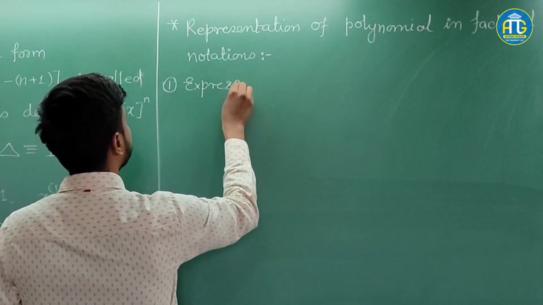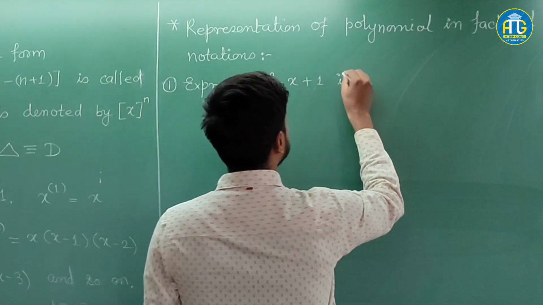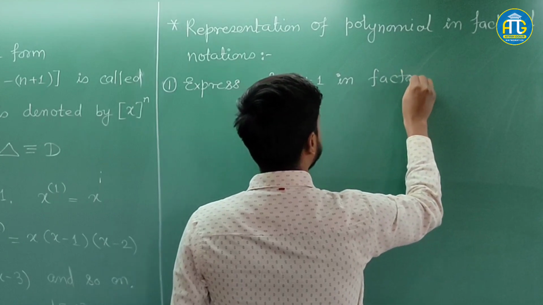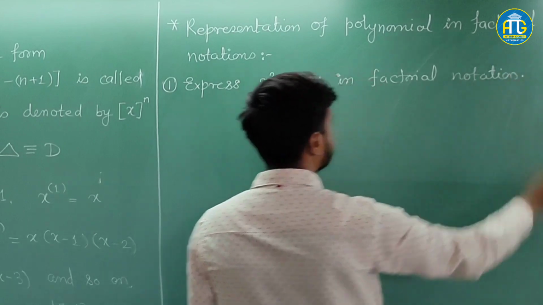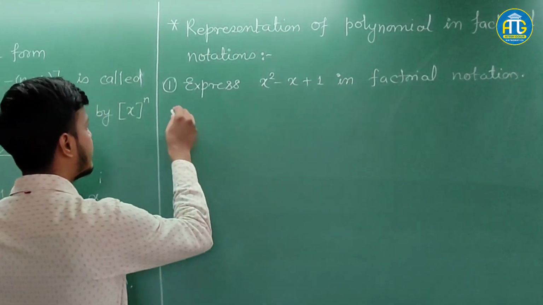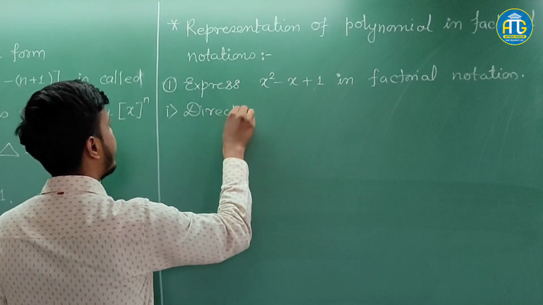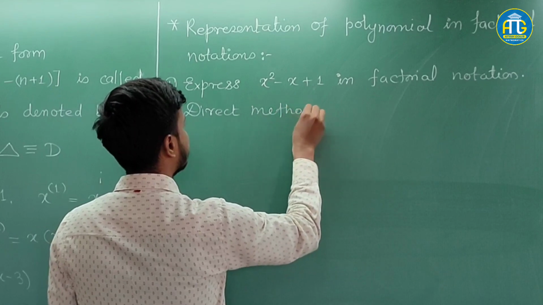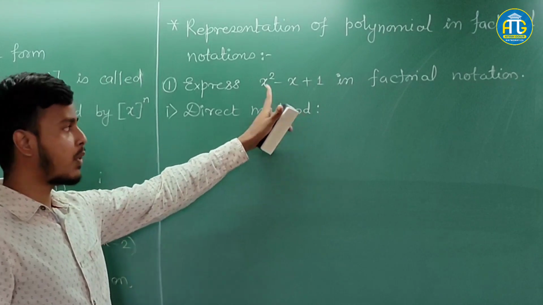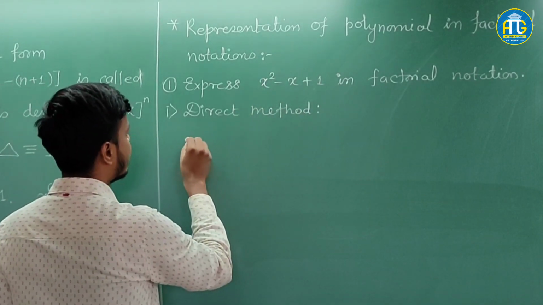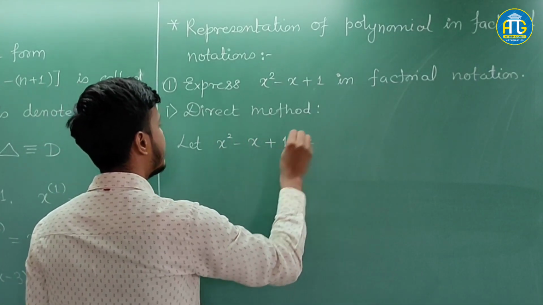Express x squared minus x plus 1 in factorial notation. So we will go with the direct method first. In the direct method, what you need to do is just write down this polynomial as it is. So you can write, let x squared minus x plus 1 is equal to